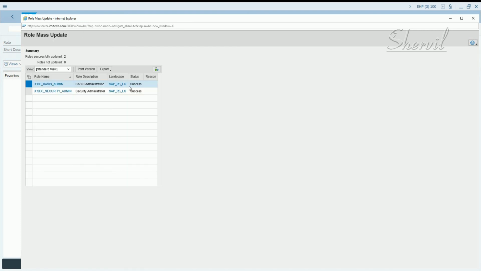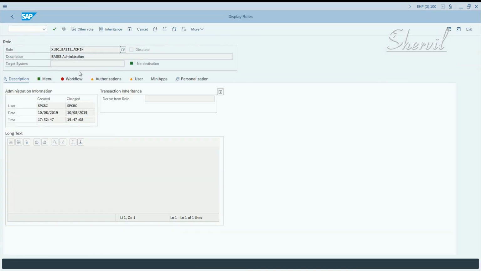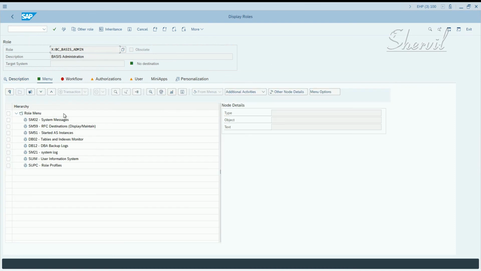Okay, it says successful. Now let's go and check in the backend system whether the transaction codes were added or not. What all did we add? SUIM, SUPC and SM21, right? Now you see the authorizations are not generated here. So we'll make a note of these two rows